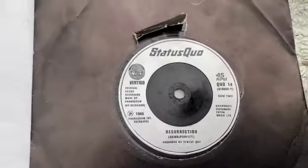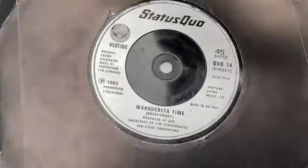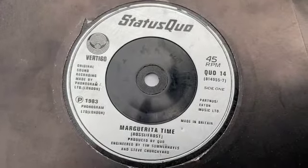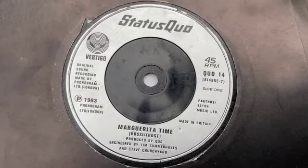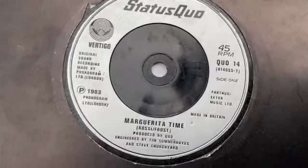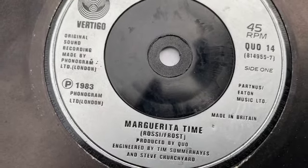because that's the way it worked. And the last one we've got here is, I don't know if it's the A or the B side. Oh, this is side 2, Resurrection. I don't really know this. And Margarita Time. And the Status Quo were a great workman band that a lot of people used to enjoy, having the beer and the wine too, and